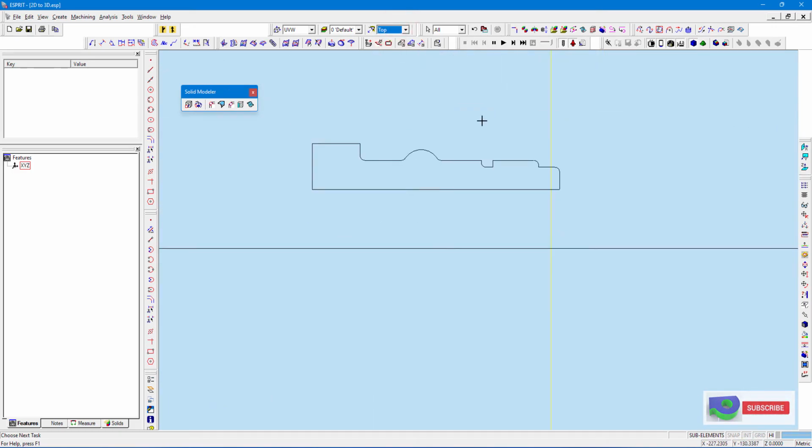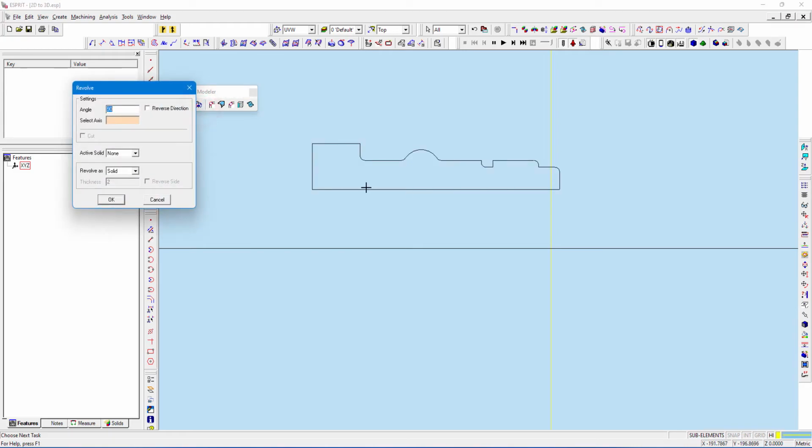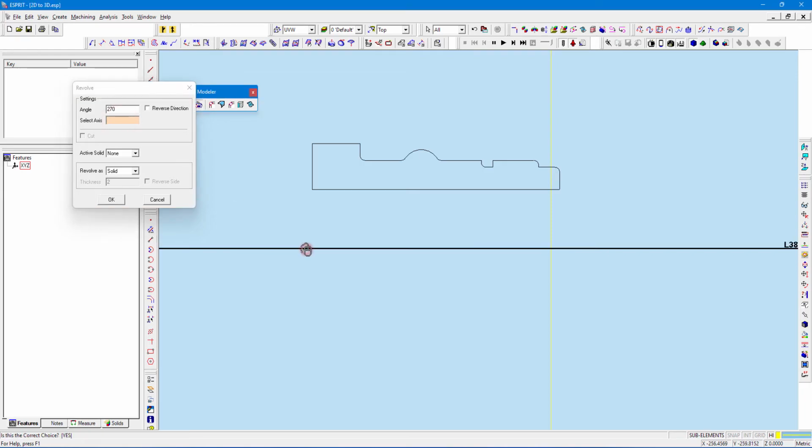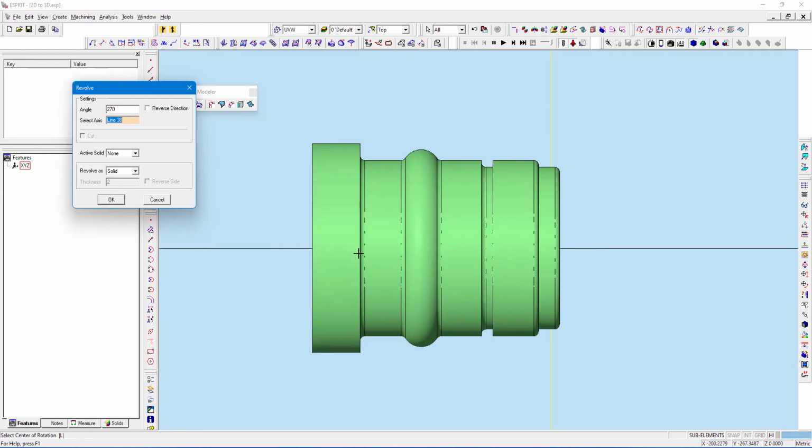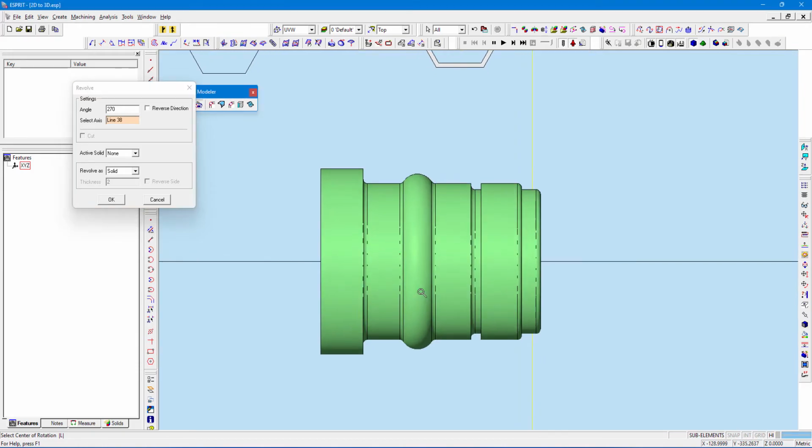This is the revolve option, revolve profile sketch which we require, and this is our center axis which I am going to use. So I will first select the total profile selections and go for the revolve option, and it asks for the angle. I will give 360, or whatever you require, say 270, and it asks to select the axis. I will select it. You see the 3D model has been created.